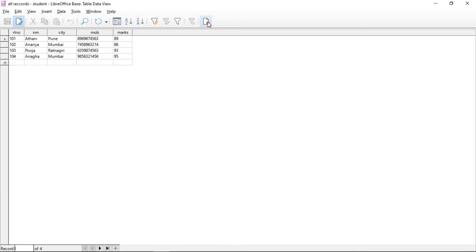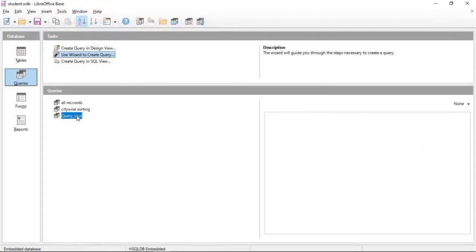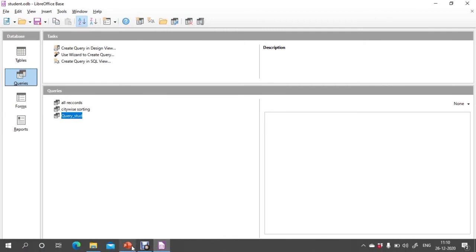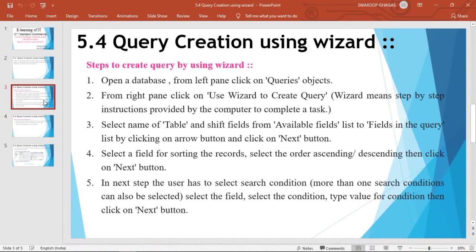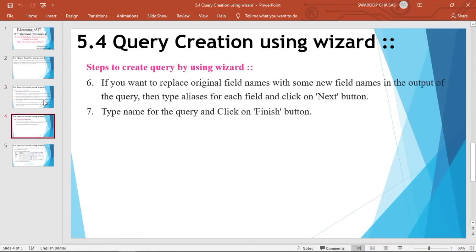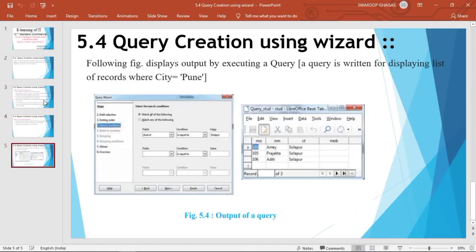Okay, so in this way we can create queries using the query wizard in LibreOffice Base. So note down all these steps that we have discussed now to create a query using the wizard, and try to write different queries.